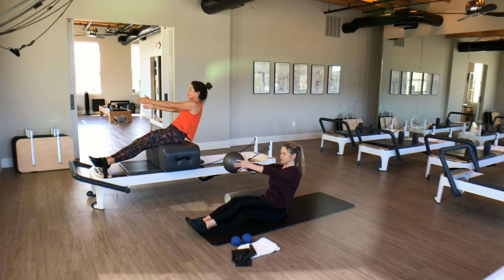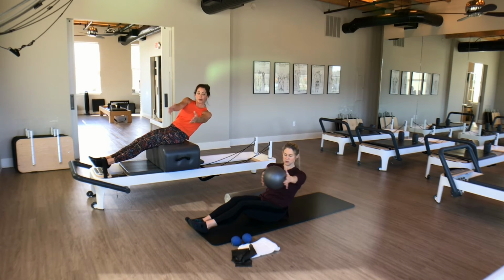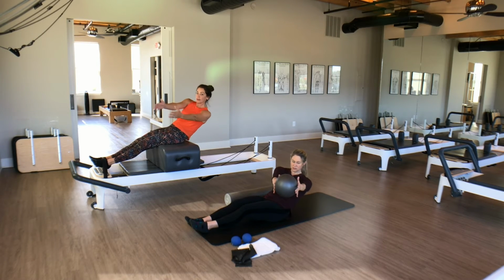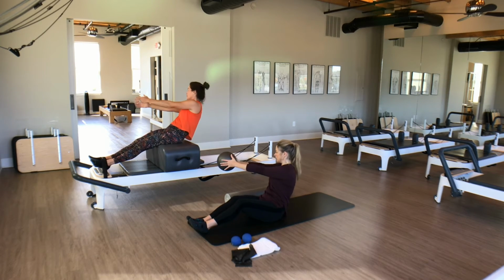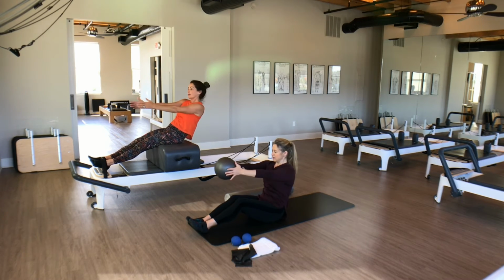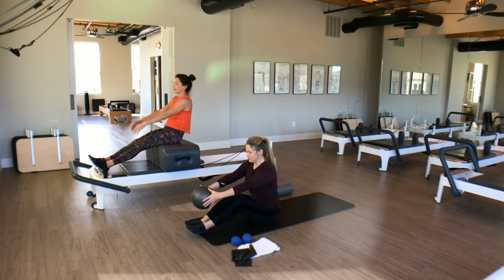Now in either case, if I want to make this exercise harder, the farther back I lean into it, the harder it gets. If I want to make it a little easier, if I sit up a little more, that'll help. Bring it center and sit on up. Now around the world,